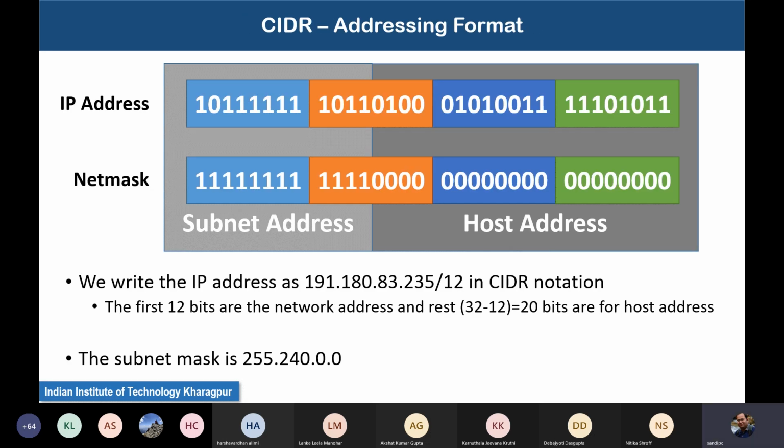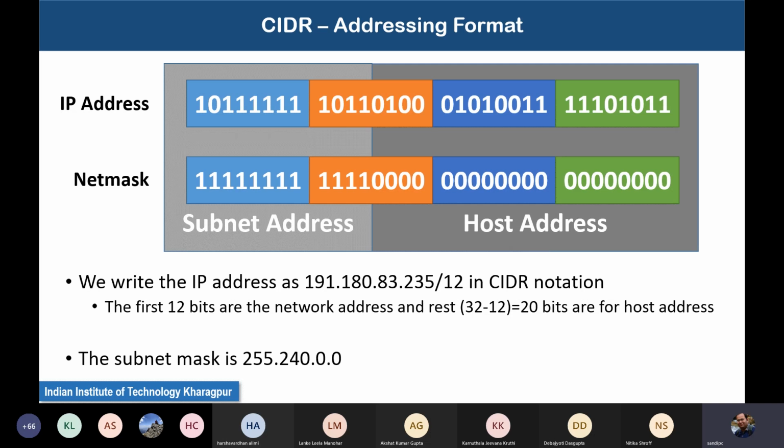Say my IP address is the top one. I have just divided it into 4 different blocks, the way we represent it. Now say I divide the subnet in this way. You see that the first 2 bits are 10. The first 2 bits being 10 means it is a class B IP address. If I think about the classful addressing scheme, that means in our original classful scheme, I should have 16 bits for the network address and 16 bits for the host address.